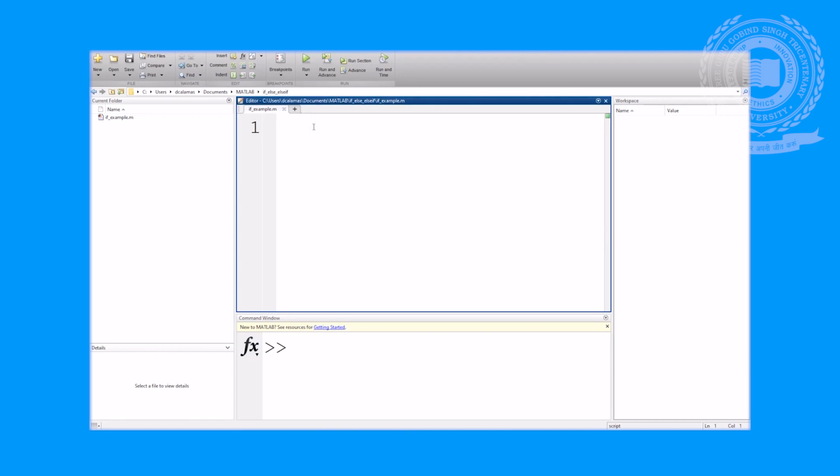We are going to start our program by entering a numeric grade, and we are going to store it in a variable called grade because that just makes sense. So here is our variable name, and now we are going to assign it a value, and we can assign it anything that we would like. In this case, we will choose, let's say, 70. Then we are going to add a semicolon on the end of this line to suppress the output, and next we will move to implementing our if statement.